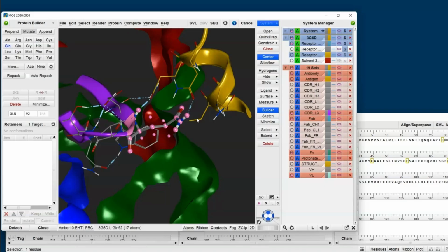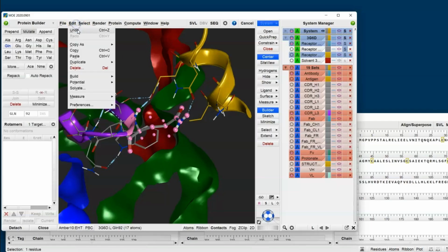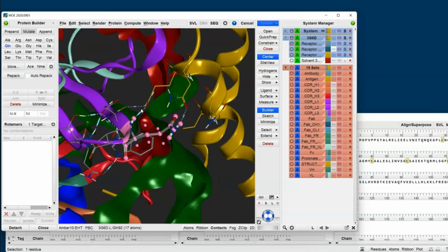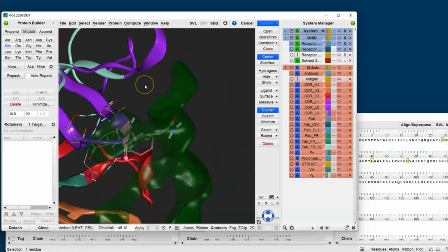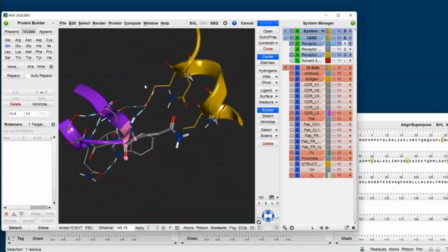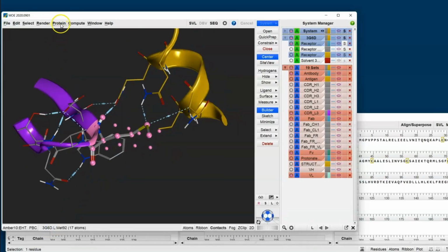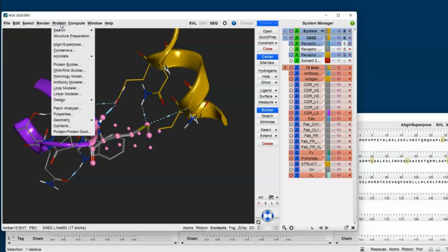So what I'm going to do next is show you how to make this same mutation again, but this time using protein design. So I'm just going to use the undo function in Maestro to go back in time before we made the mutation. I can use the Edit Undo or Control Z on the keyboard. So I'm just going to go back, Control Z until I get back to the point just before the mutation. And what we'll do then is close the builder and repeat this same mutation, this time using the protein design